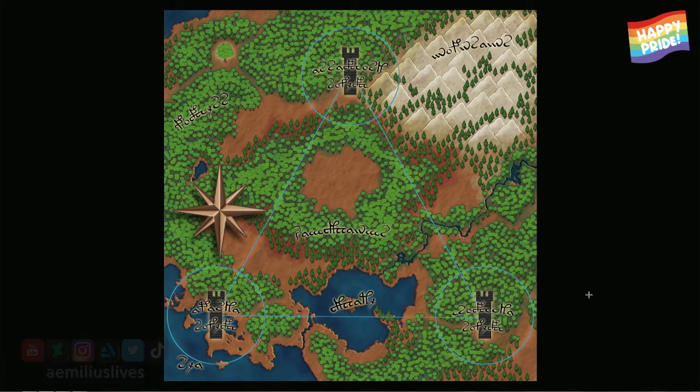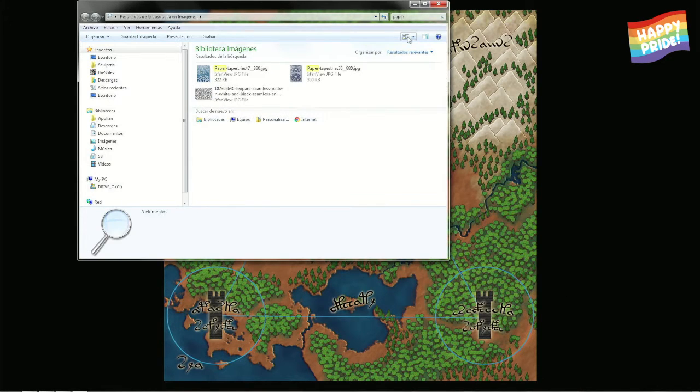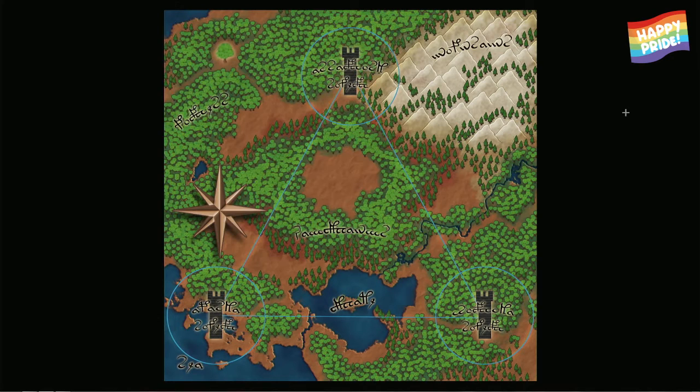Let's take one final screen cap for showing today's progress. Oh wait, I was looking for a paper texture kind of thing. Do I not have a? Sure. Anywho, take a final screenshot of these, and